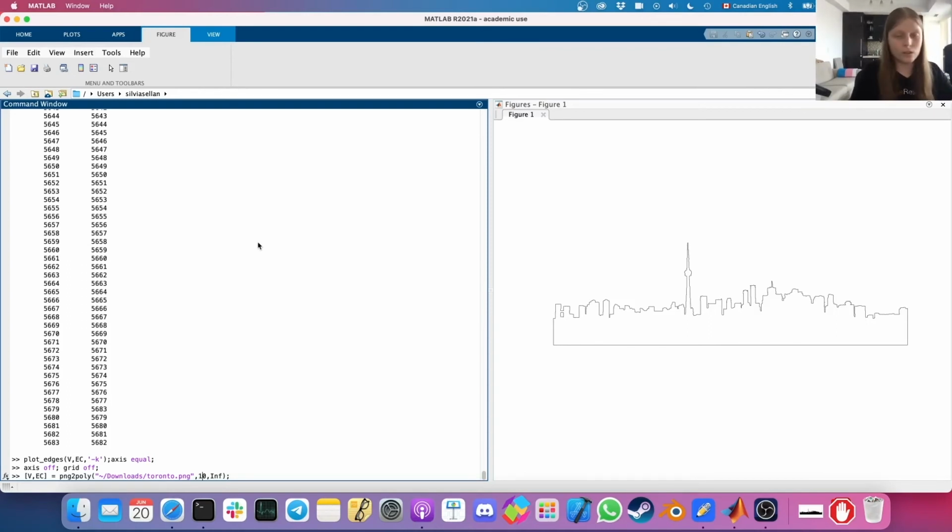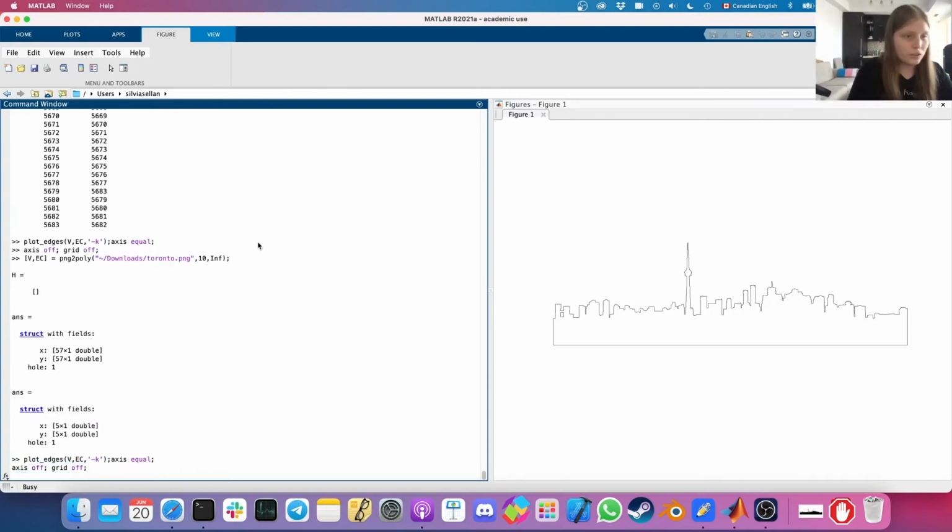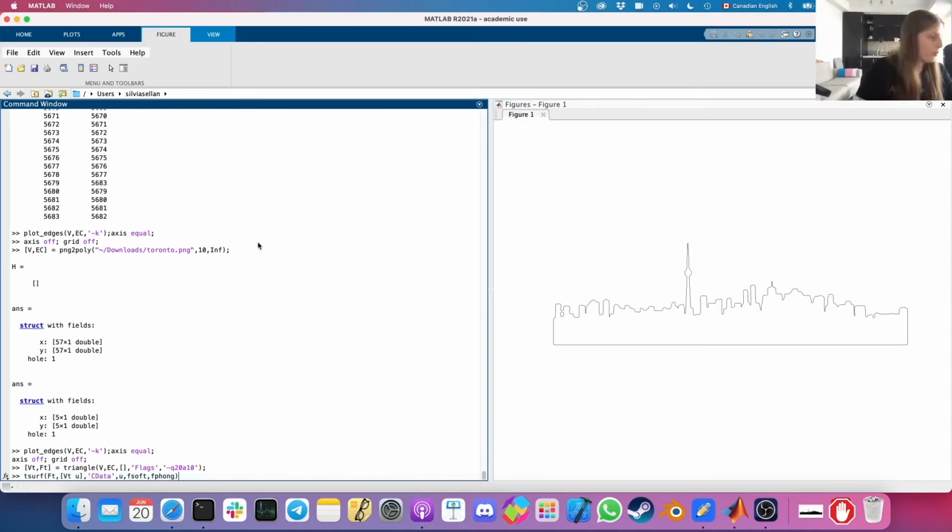For example, we can tell it to do 10 smoothing iterations, and that might take a while, but you'll see the figure update, and we'll see that now we have a smoothed out version of the Toronto skyline. Okay, great. Now the same way we did it before, we could call triangle, and with the same arguments, I'm going to make the minimum area a little bit larger because we're working at a different scale. And with the same call to triangle, we can obtain a triangle mesh